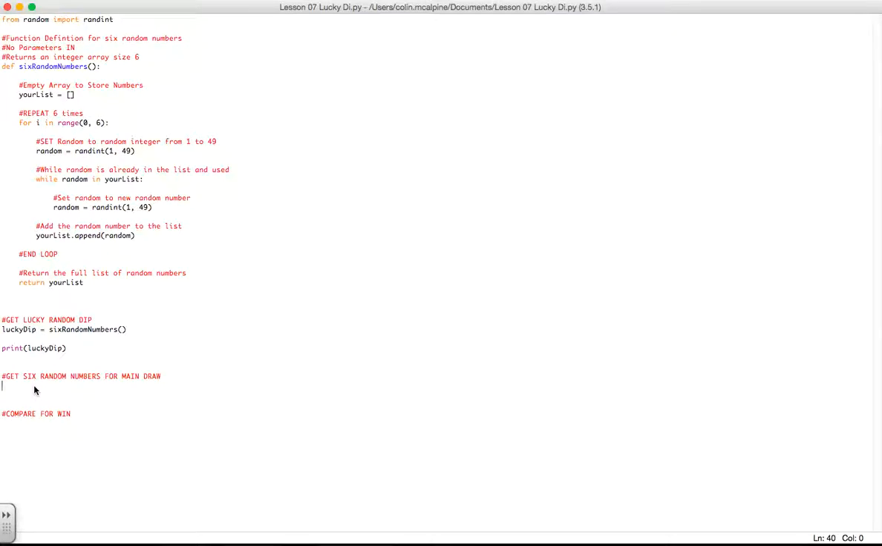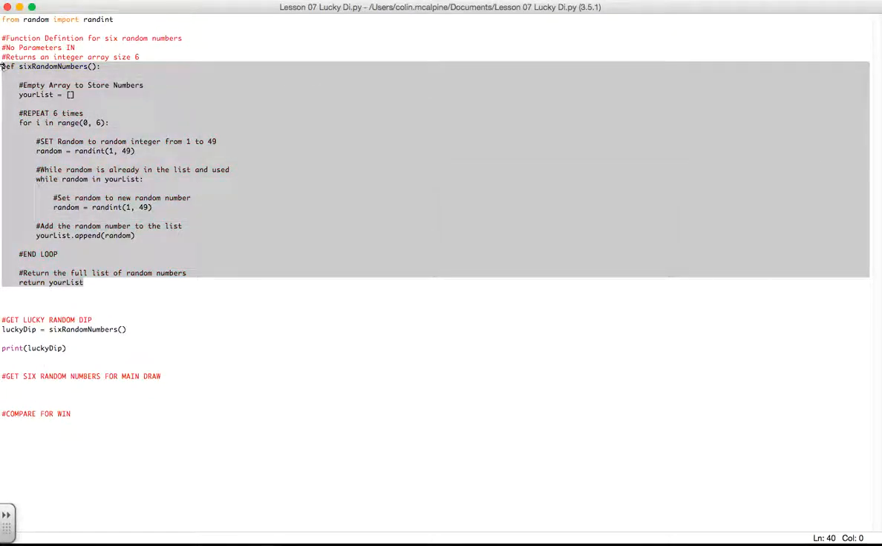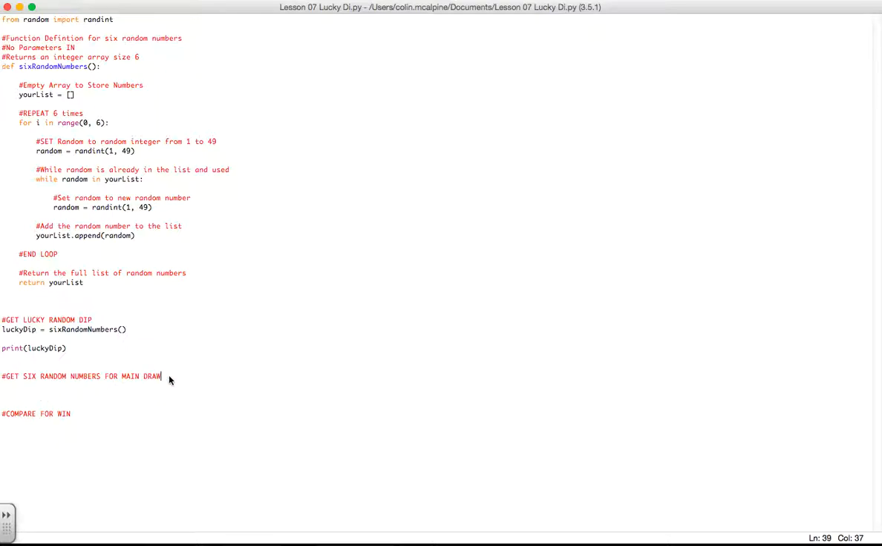If you have written another sub-procedure to do the main draw, you've been a bit silly, because we've already written a function that gets 6 random numbers. So for our main draw, we can reuse the user-defined function that we've created, and as long as we spell it correctly, it should work. And then we can print the main draw to see